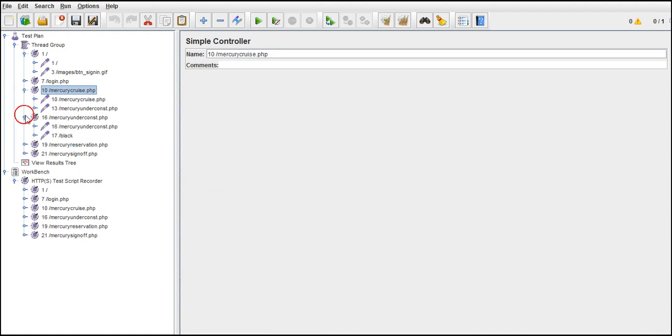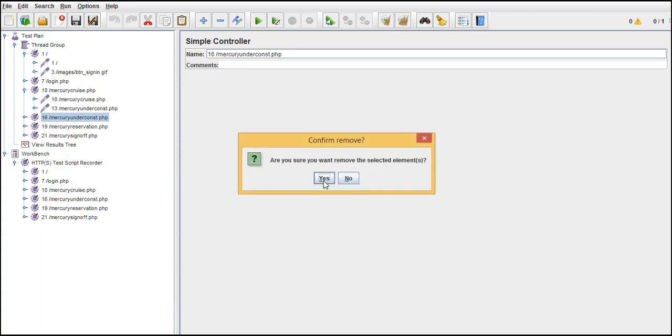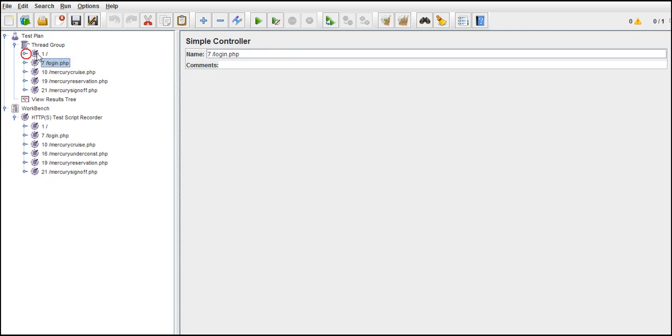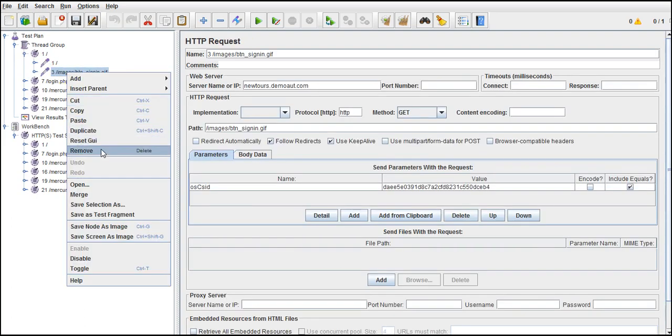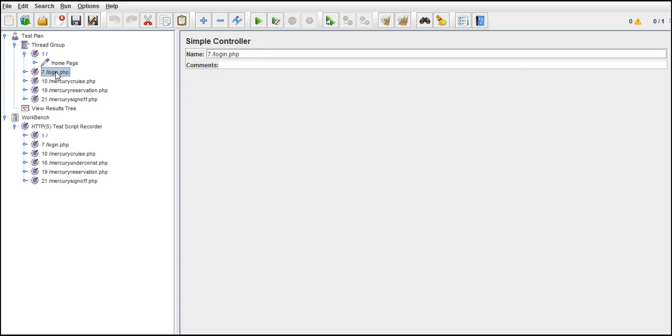Right, cruise, and then let me delete this construction as well. We just start with base 2 elements: reservation, cruise, login. Is this required? Okay, this is landing on base page, so let me put saying that home page. Let me write a neat description. Change the name here, it will automatically reflect here. Okay, all these are there, right? Let's put a neat name, so it will be good for us.